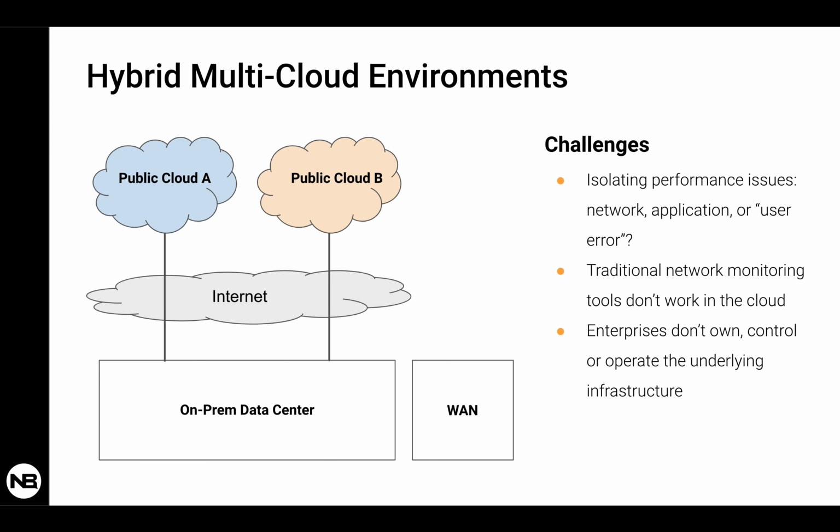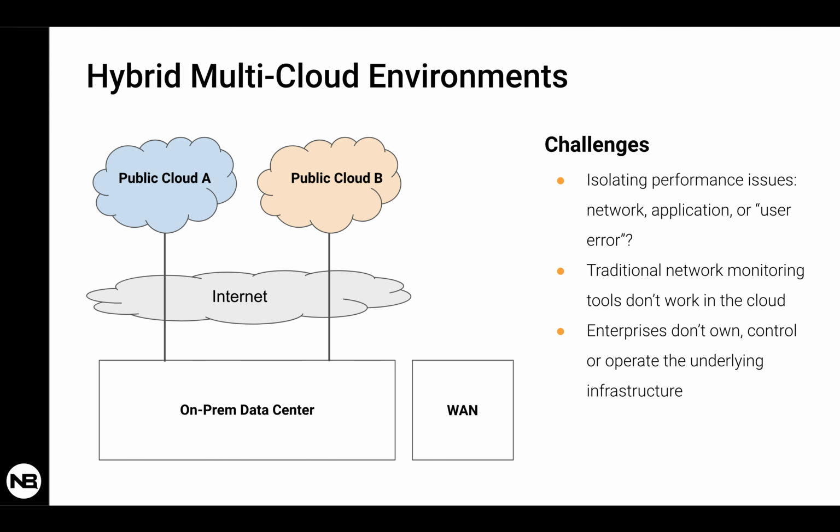So how do you isolate performance issues where you don't know if it's the network, the application, or maybe a simple user error? What tools, what data do you use to pinpoint the root cause? Traditional network monitoring tools, maybe based on SNMP, for example, don't give you access to the cloud performance because the underlying infrastructure is outsourced. There is another entity, Amazon or Azure, that owns, controls, or operates that section of that layer